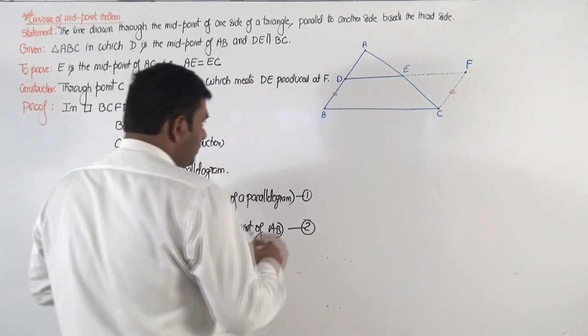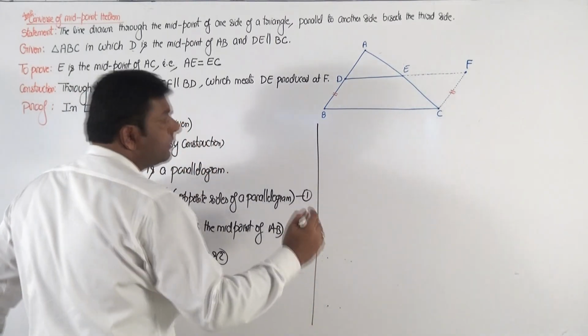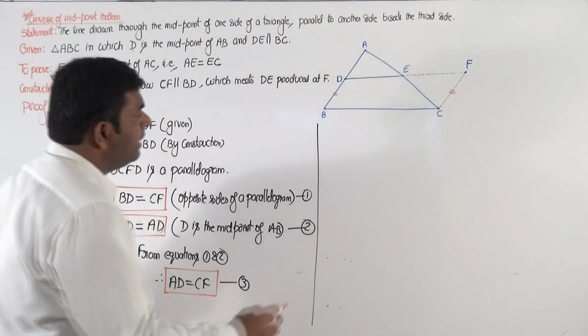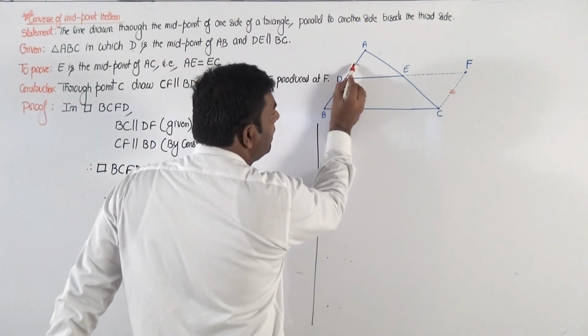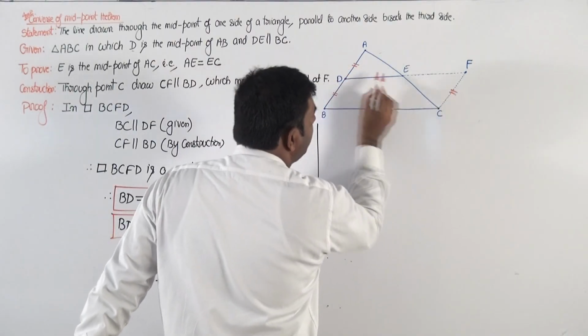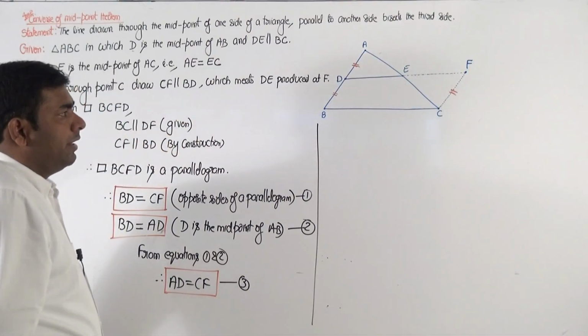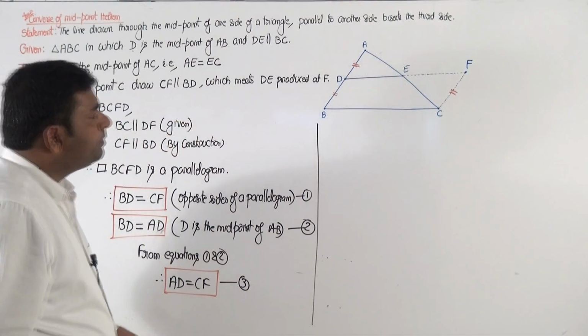Fine. Now continuation is. So finally क्या आया है, AD is equal to CF. ये दोनों इक्वल है करके मैंने प्रूव कर दिया. Equation 3, isn't it? Okay. Now